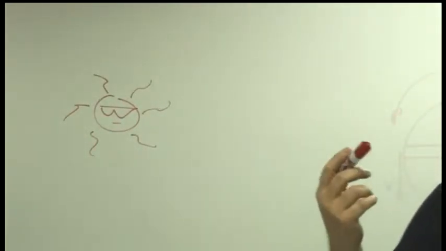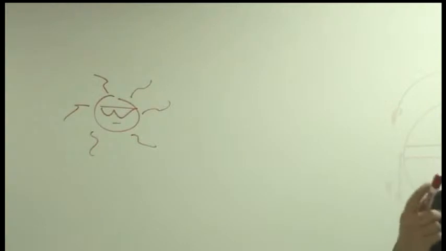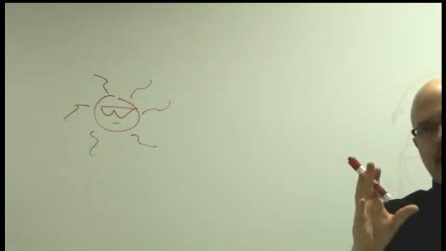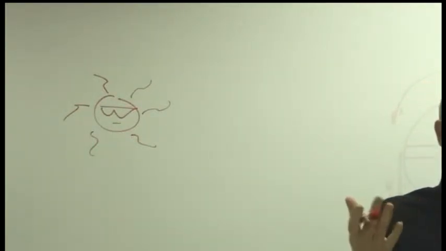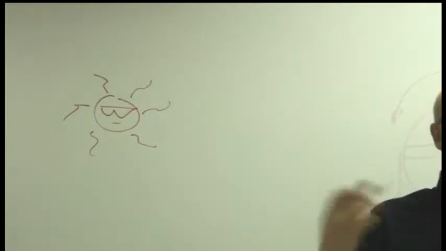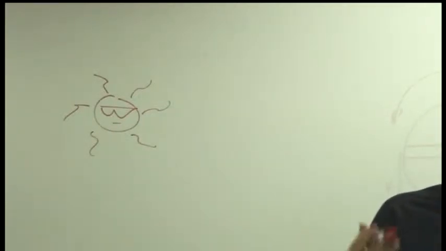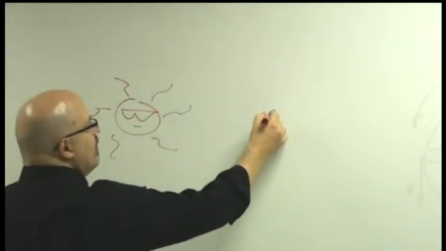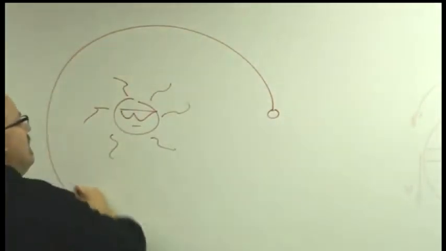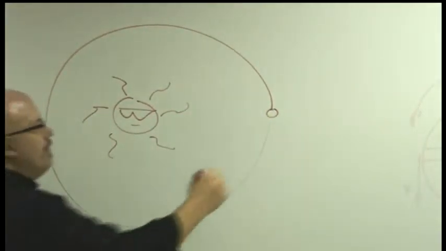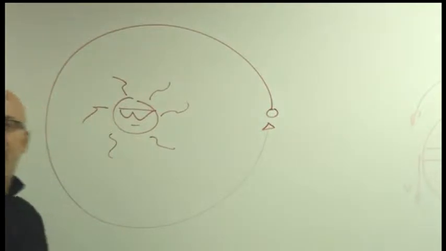And so, since the southern hemisphere is mostly water, it has a bigger specific heat capacity, so it takes longer for it to warm up and cool down. So in practicality, there's not a lot of difference. So the Earth goes around in a nearly circular orbit. Nearly circular. Okay, so if we assume it to be circular,